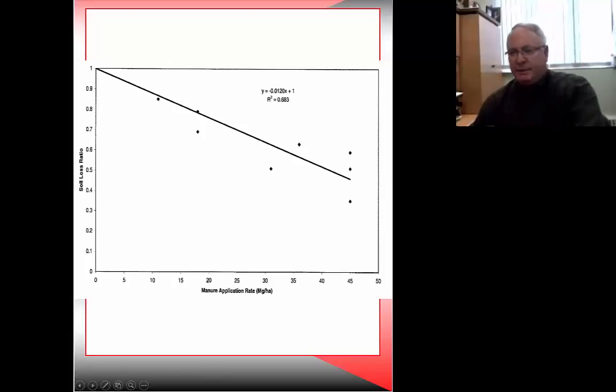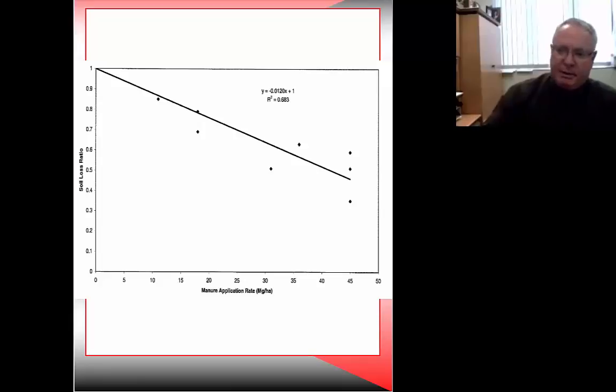Now, this information was collected in the 30s and 40s. Obviously, our cropping systems and our management systems now are much different. So it is not something that we recommend that people go out and actually use these exact numbers, but these regression equations and this information presented in the paper should give you a relative idea of the effects of manure application on